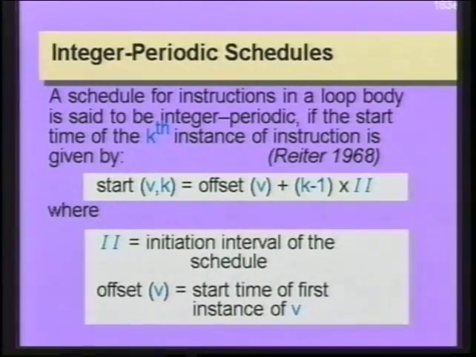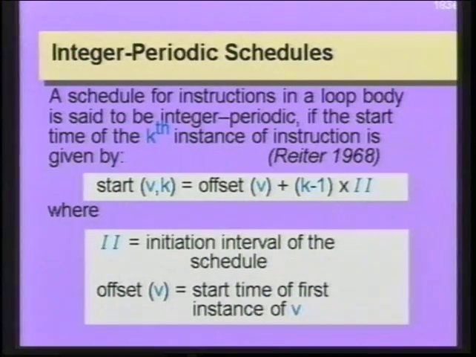I'd now like to share with you an important theoretical foundation for software pipelining. This is called integer periodic schedules, and this was developed by Reiter in 1968. An integer periodic schedule is one in which the start time of the kth instance of an instruction goes in a fixed period denoted by the initiation interval II and has a fixed constant offset,